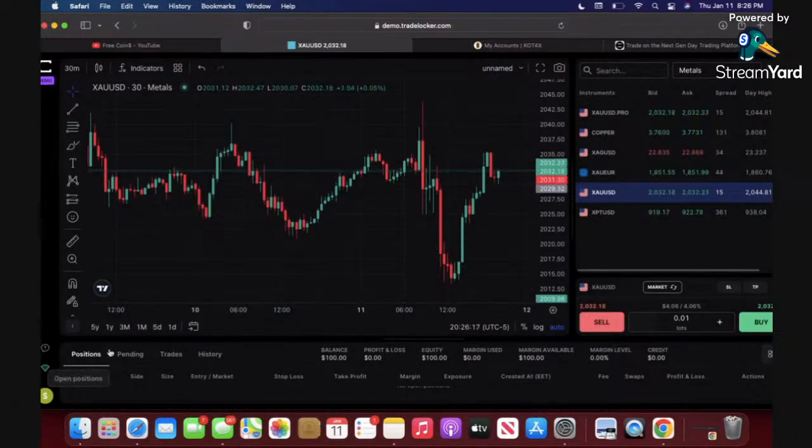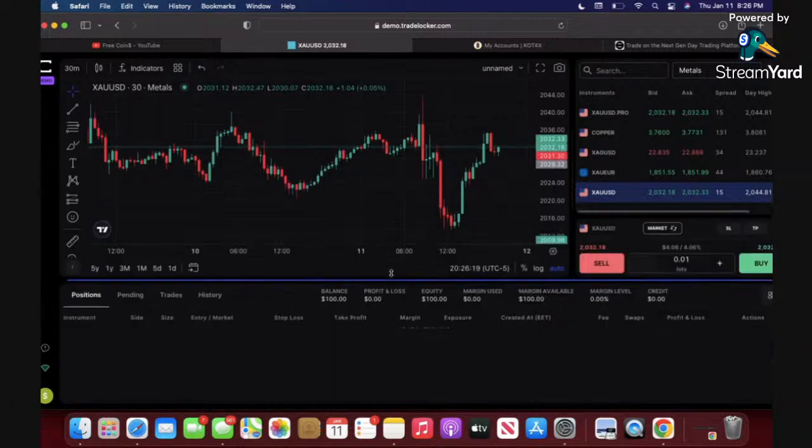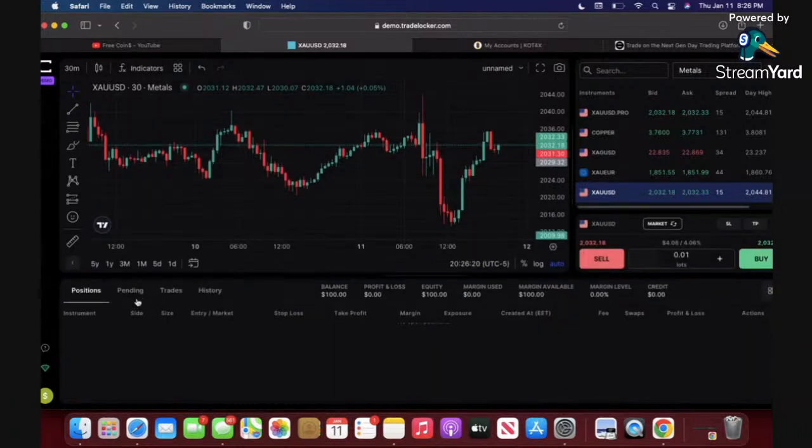Okay, so down here it'll show you your positions of your trade. It'll show you pendings, sizes, trade size, history of the trades that you have made. It'll show you your balance, your profit, equity, margin use, margin availability, margin level, and credit. Okay, so you have your stop loss, take profit, margin, exposure, created at EET, your fees, swaps, profit and loss